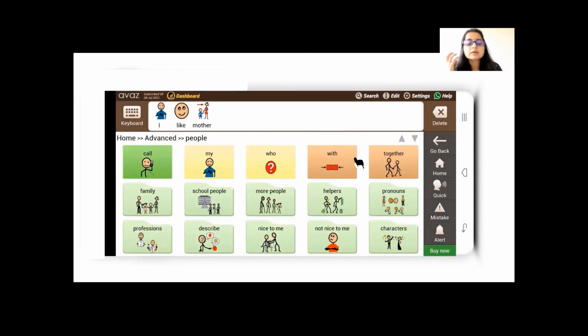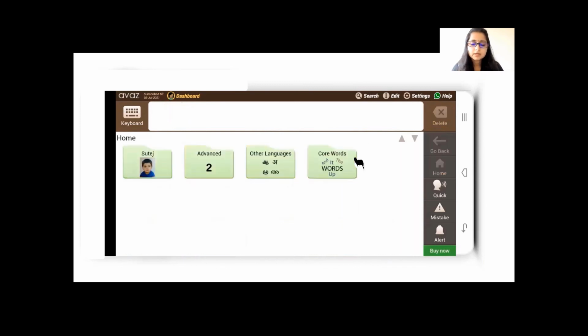So this gives auditory feedback, and it's also telling the AAC user how you're navigating, where you're navigating. This could be a useful feature to use with a beginning communicator. So you're really speaking it aloud, like we say thinking aloud. It's actually saying everything that you are doing, the navigation aspect of it. But you can also delete, home.